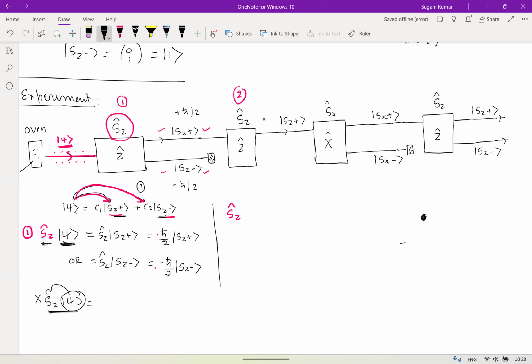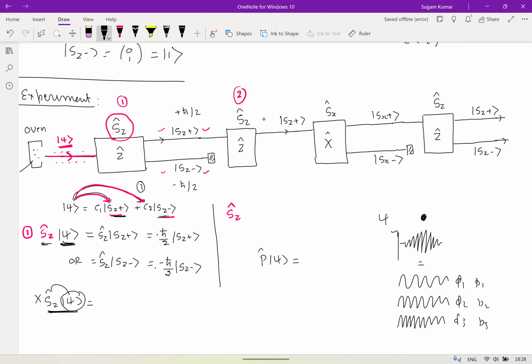There is a particle and its wave function is like this, and it is nothing but a superposition of many monochromatic waves, which are called phi 1, phi 2 and phi 3, and this is the psi. And when you want to measure the momentum of this wave function, what will happen? Momentum, let us say, here are P1, P2, and P3. So definitely in a single measurement, you will get some value. And if you're getting the momentum value P2, then all these states are going to collapse. Although this is a summation of Ci phi i,